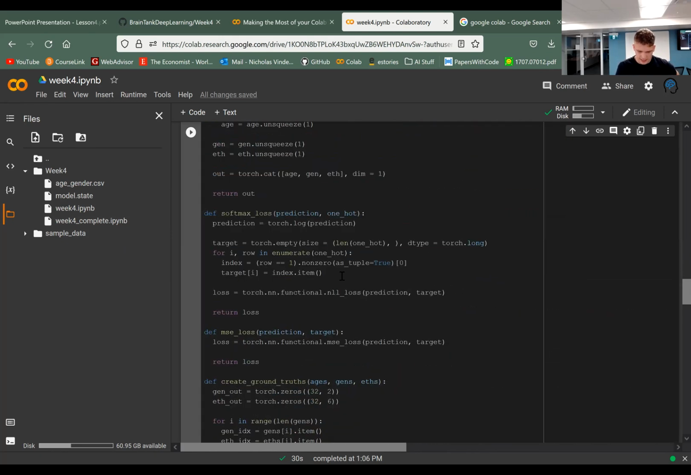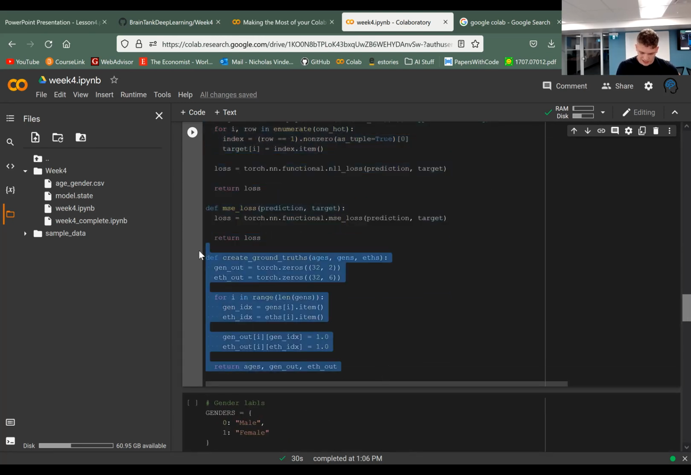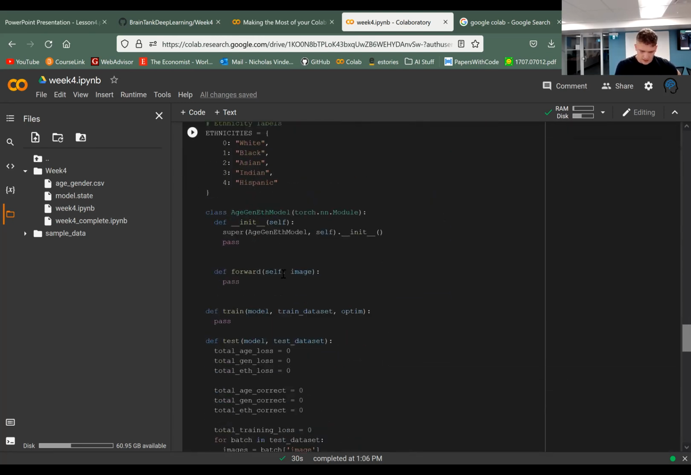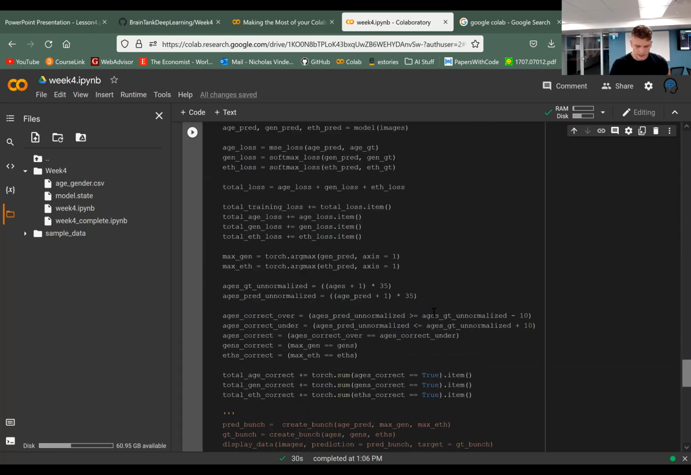Displaying data, we'll get to that. Here are our two losses. We want our softmax loss and our MSE loss. So those are done for you. And then creating ground truths, that's just a helper function. The next thing I did for you already, because it is quite annoying to do and it's not very complicated,